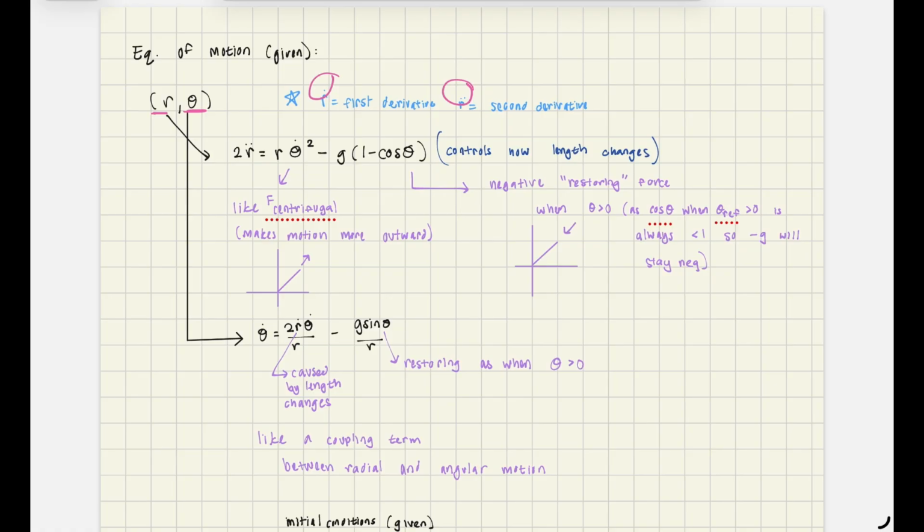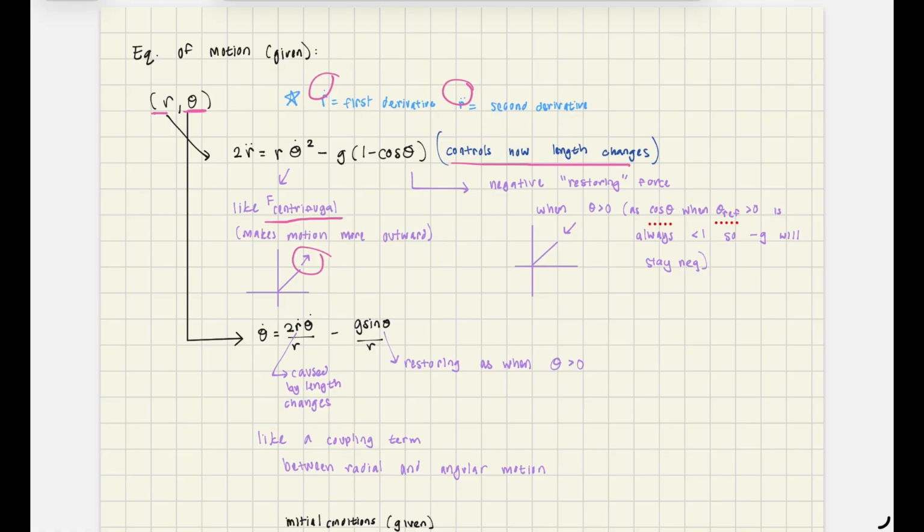And we can see that this controls how the length changes. Okay, so first let's just look at some properties of this and try to understand more about this equation. So we first have this r theta prime squared, which kind of looks like a centrifugal force, and this just makes the motion more outward. And then we have this g times 1 minus cosine theta, and we can think of